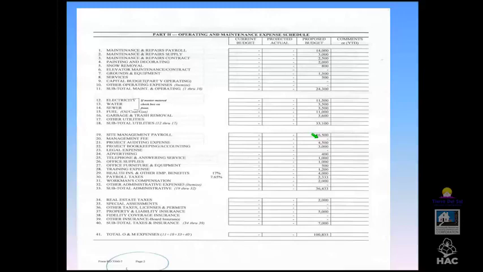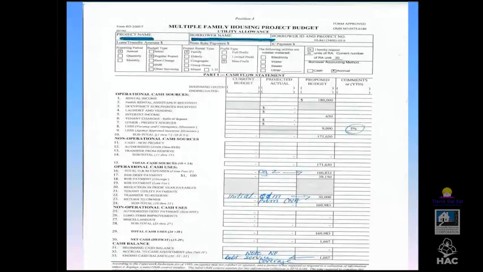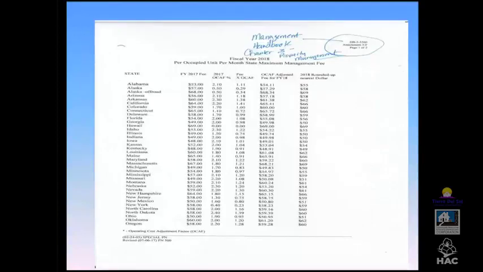Then I can also include my site management payroll, the maintenance and repairs payroll, and itemize out all of my costs. So I get the bottom line here, my total O&M expenses. This is the second page, the second part of the budget. That number then goes forward to